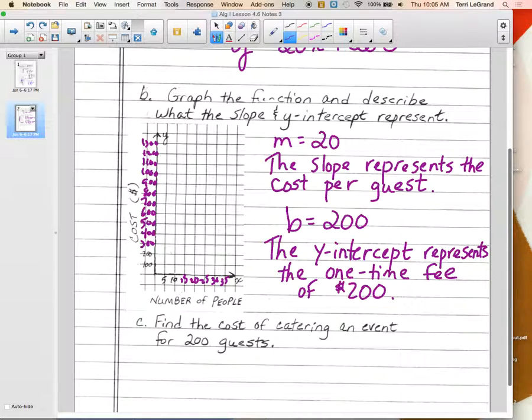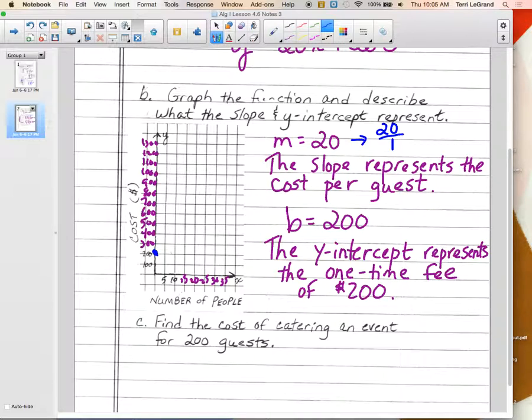So in this one, first of all, let's just go ahead and start with our starting point. We're going to put a point at 200 on the y-axis. Now, we're only going to really want to go up from there, because if we start going down and over, we're going to end up in negative territory, where we're not going to have negative costs, nor negative numbers of people. So in reality, what we want to do is use this slope only in the positive terms,